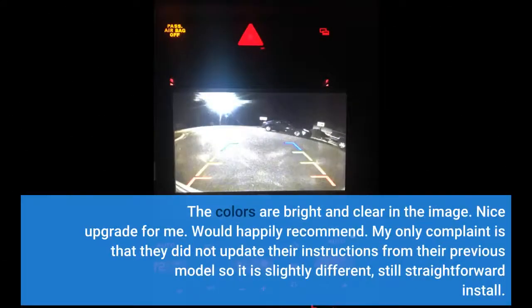The colors are bright and clear in the image. Nice upgrade for me. Would happily recommend. My only complaint is that they did not update their instructions from their previous model, so it is slightly different,